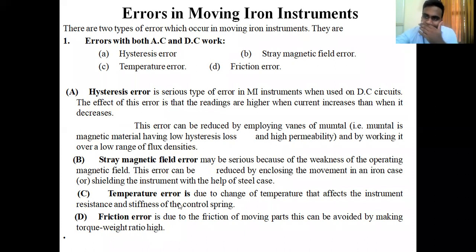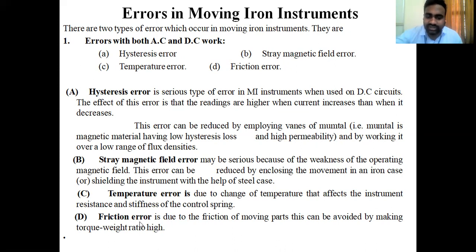This temperature error is caused in the electromagnets because of the copper segments which we wound on the aluminum frame. Due to continuous current flowing in the copper segments, that copper coil behaves like an electromagnet, which creates a rapid rise in temperature, and even with respect to the control springs this effect plays a predominant role.